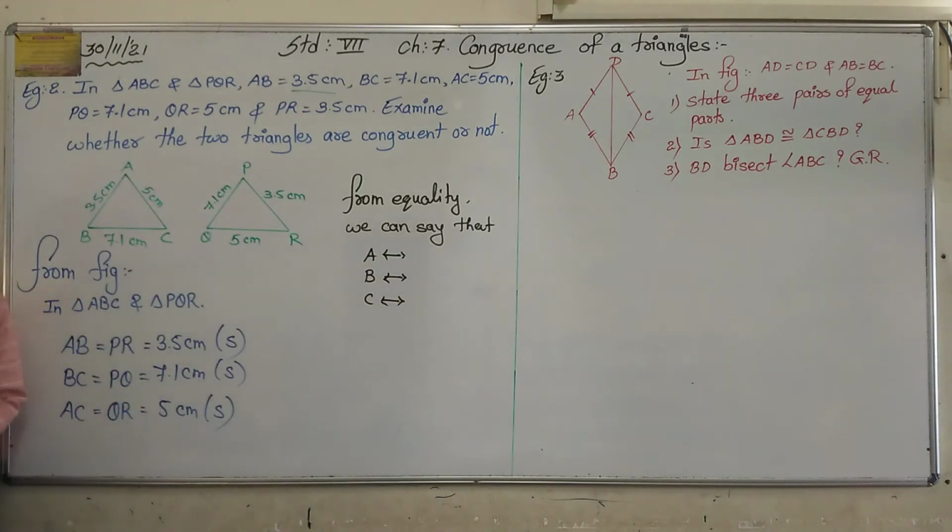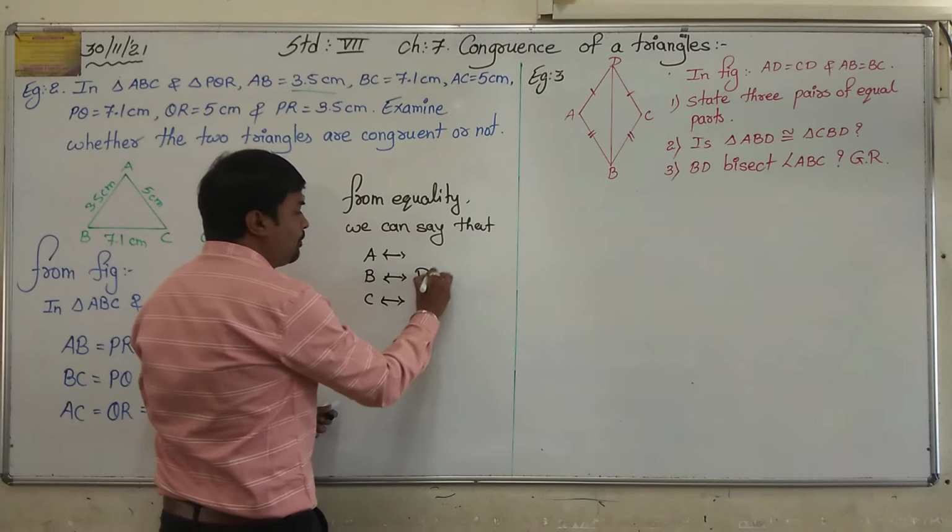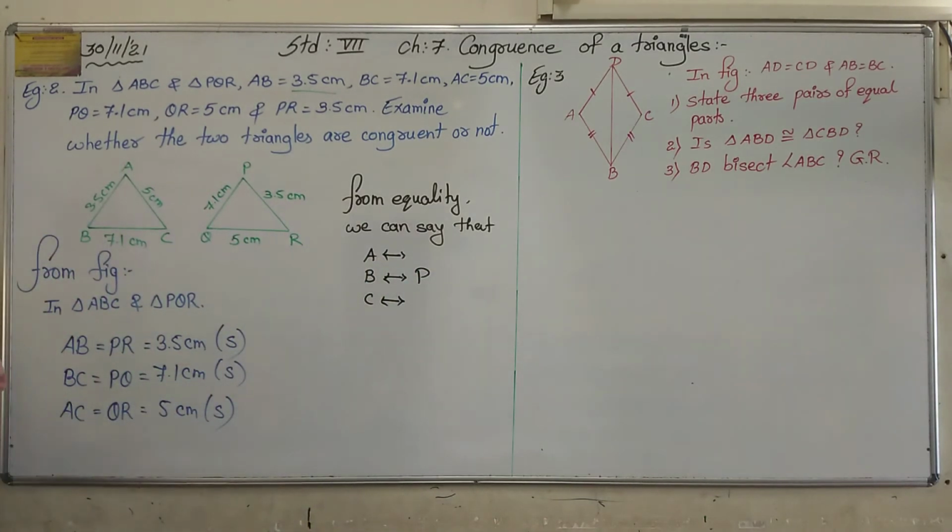Let's see. Take the first two. What is common over here? B. So on the opposite side? B. So B corresponds to B. If B corresponds to B, A corresponds to